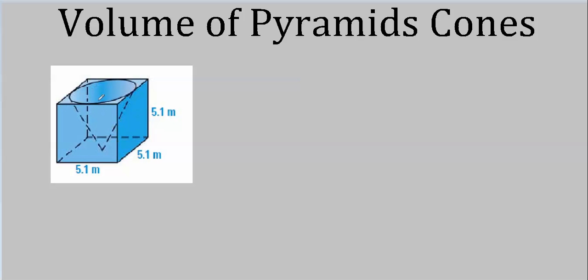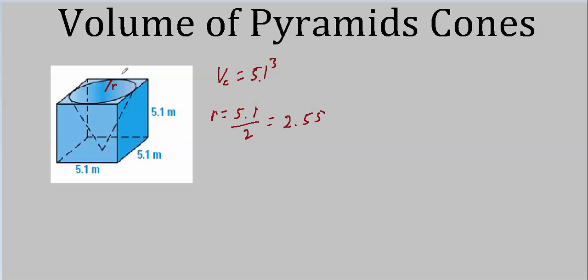This doesn't look too hard. I mean, the volume of the cube, that's easy. 5.1 cubed. Okay, we're done. What about this thing? Well, the circle is inscribed inside this cube. So the radius must be half of 5.1. Oops. So for radius, we would get 2.55. What about the height? This is r here, sorry.